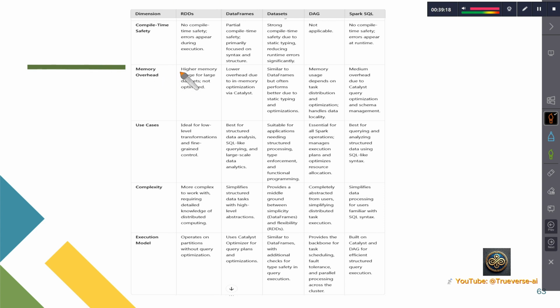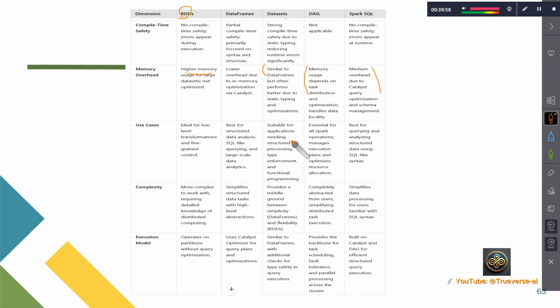overhead. RDD has a, because Spark is memory-based, so memory management is good. So RDD at the beginning was good, but with higher memory usage. But in the DataFrame, there is lower overhead, and the Dataset is similar to the DataFrame. For DAG, memory usage depends on the task. So Spark SQL is medium,